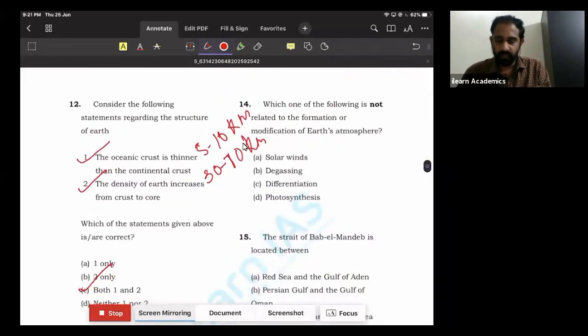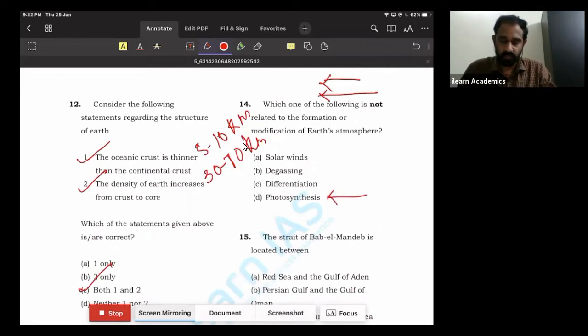Question number 14, you have to identify a process which has not played a major role in the formation or modification of Earth's atmosphere. So we know initially Earth's atmosphere was made up of hydrogen and helium. It was stripped away by the solar winds. Then the process of degassing happened. The degassing added gases like nitrogen, methane, carbon dioxide, etc. to the atmosphere. And later on, the process of photosynthesis